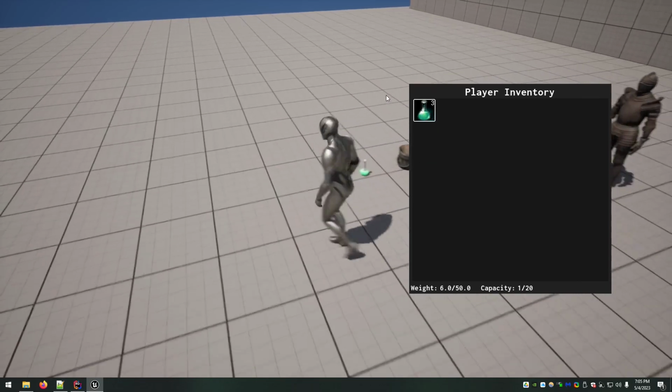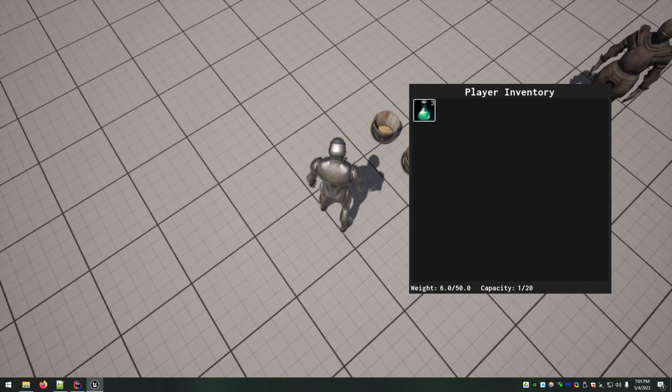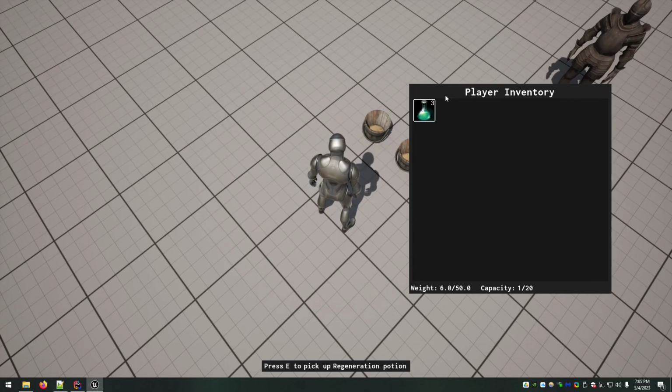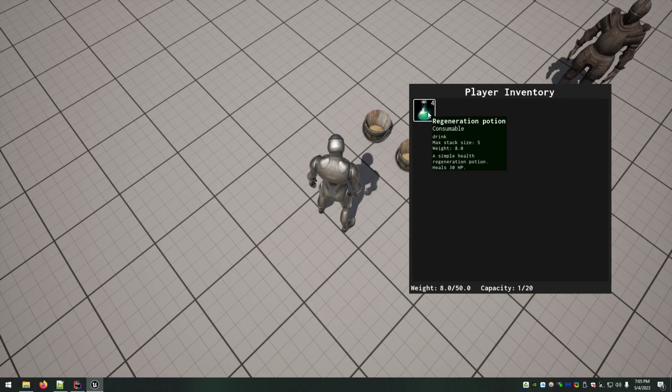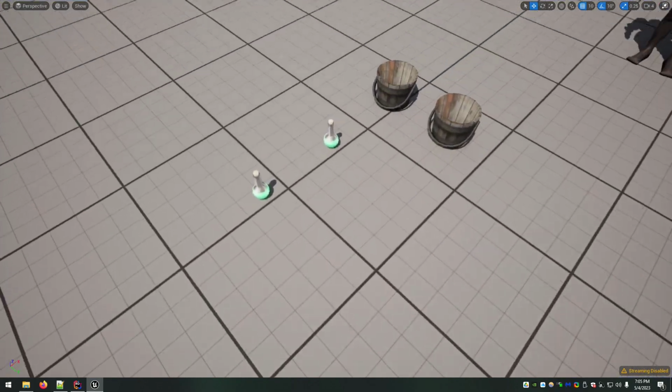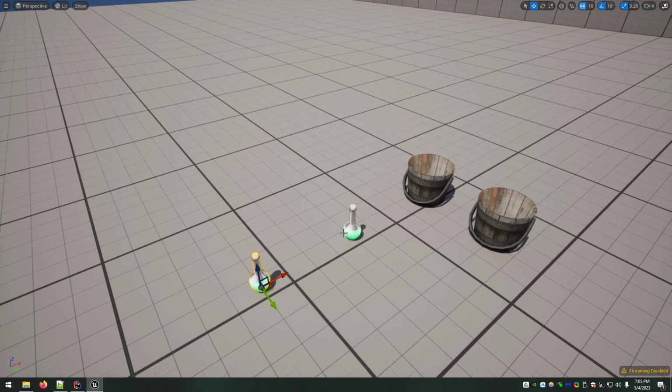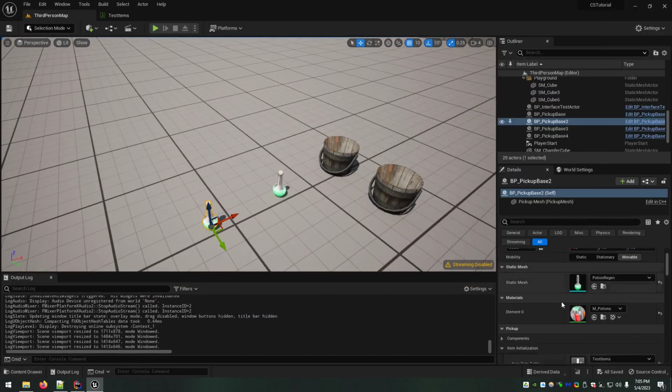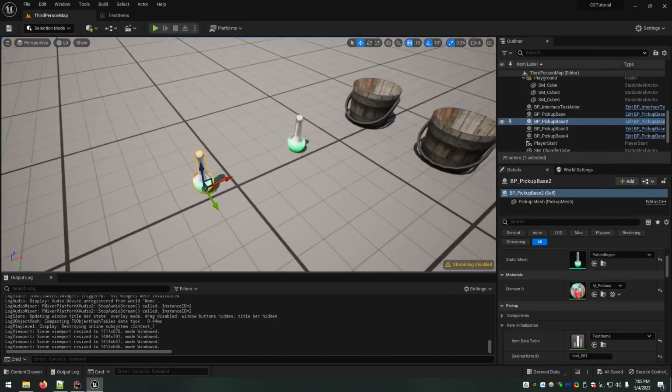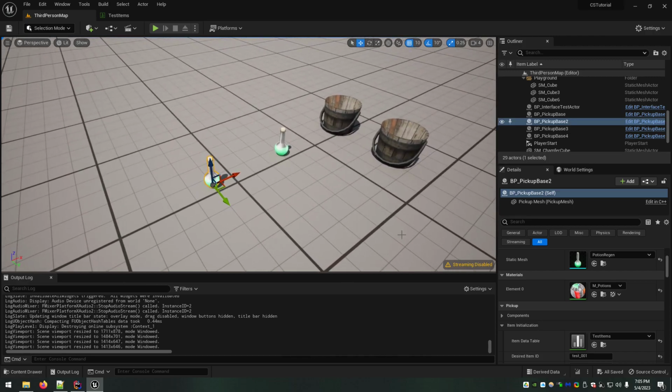All right, so now what we expect to see is when we pick up this other potion, we're still not over the max stack size yet, so this should be a 4. Okay, so that's good. And now weight is 8, so the math looks good. Capacity and weight down here are good, 8 and 1. What we need to do is get back out of this and edit this to where we can force one of those partial stack situations.